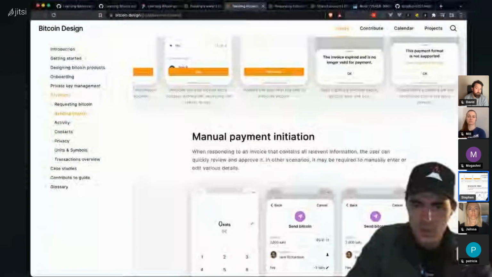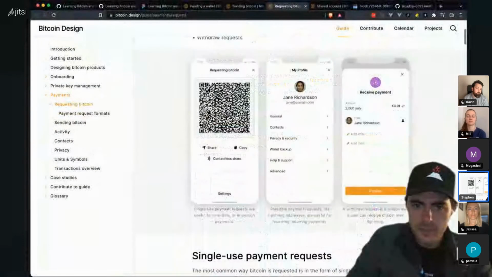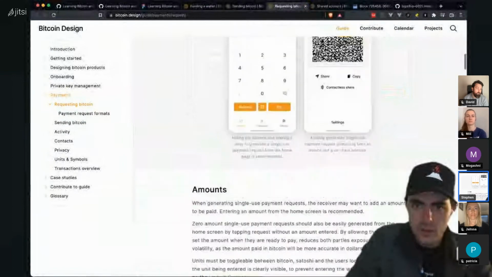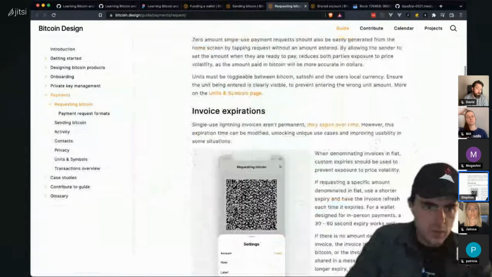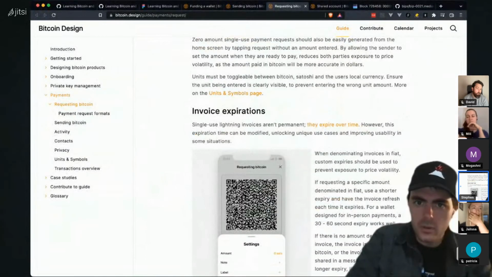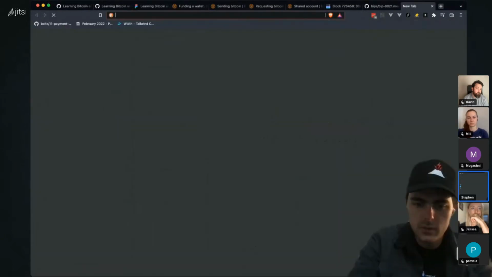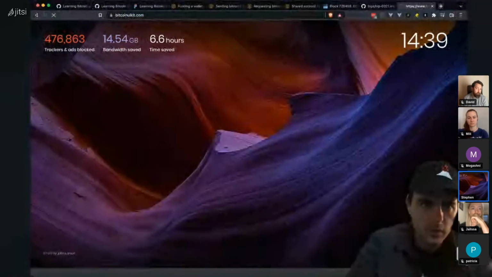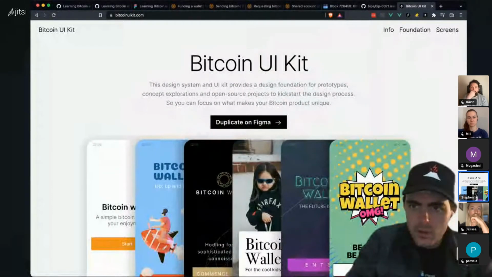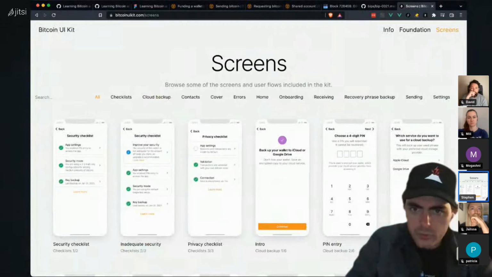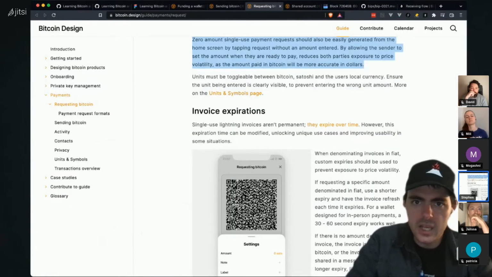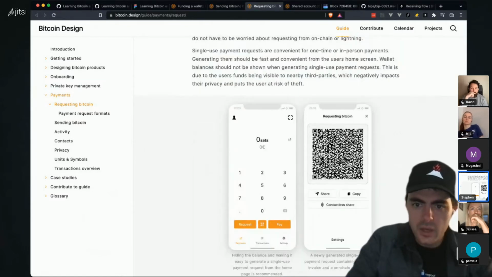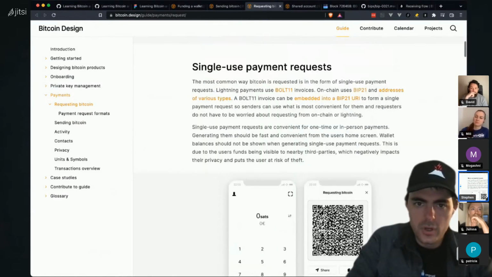I'm trying to remember which page it's on. Oh, I know. Let's go to the Bitcoin UI. I feel like there was something. Let's see, receiving. No, it's not in this one either. So it may be that it's been taken out of the guide now, but just to provide an example, let's say I am